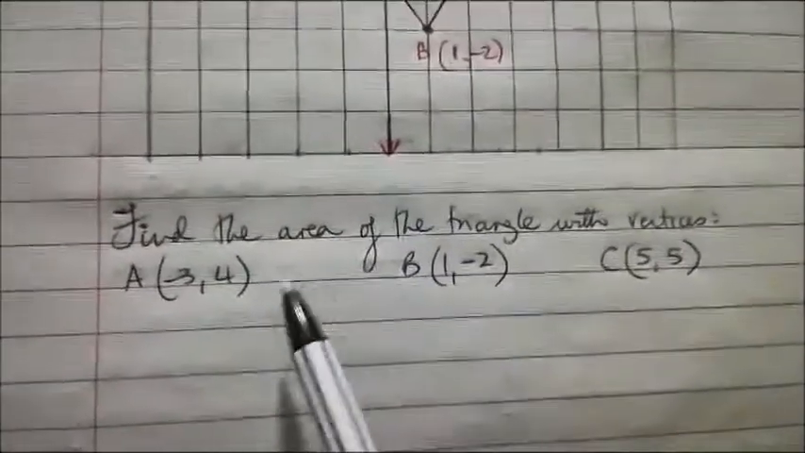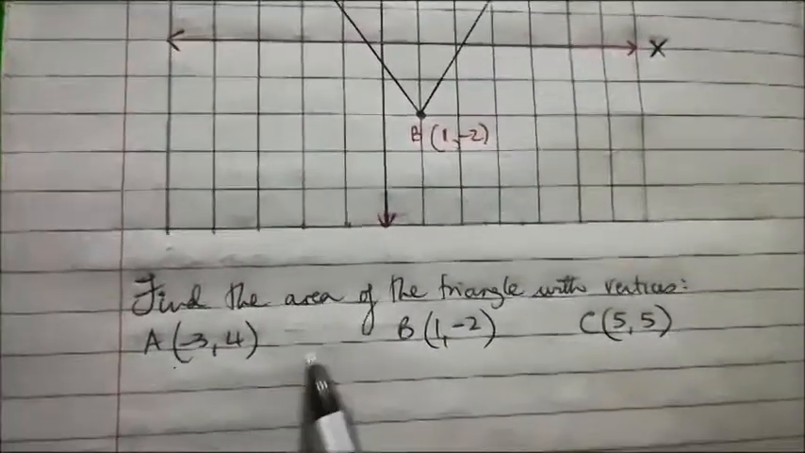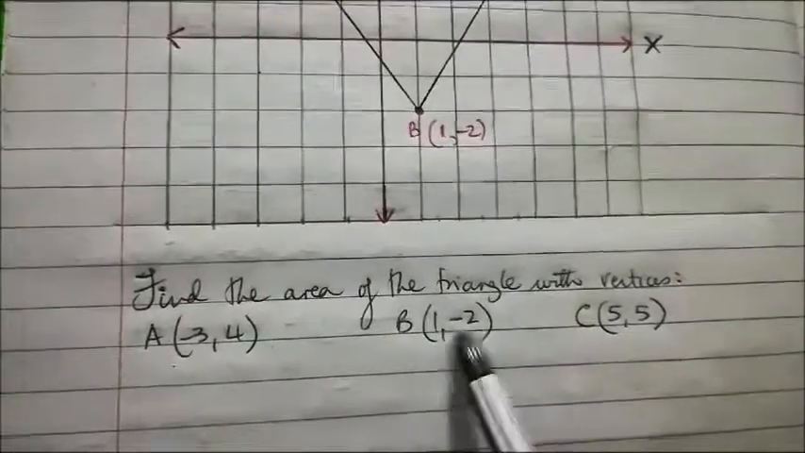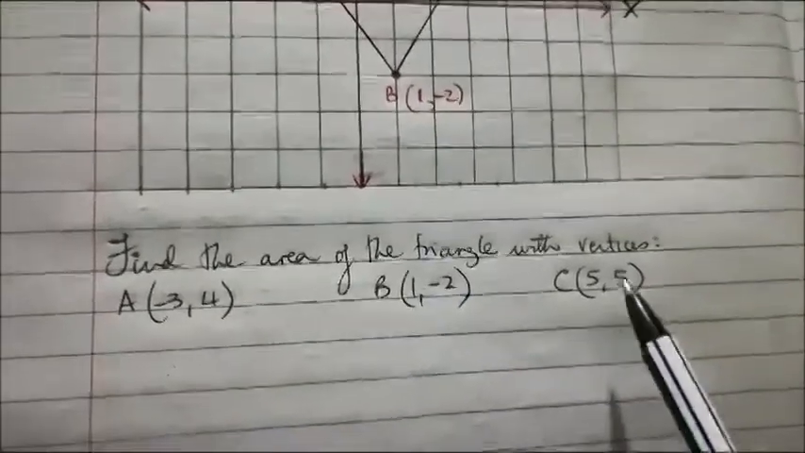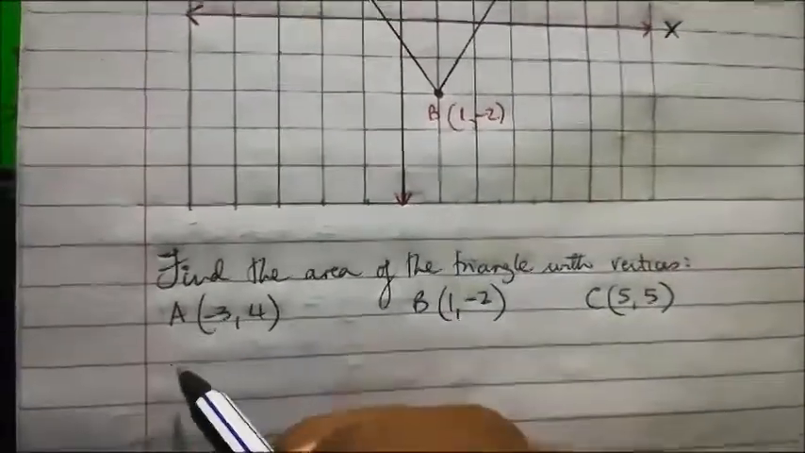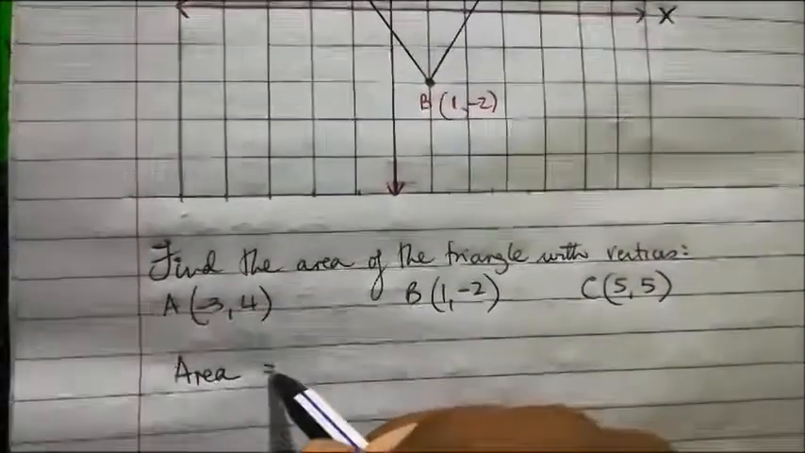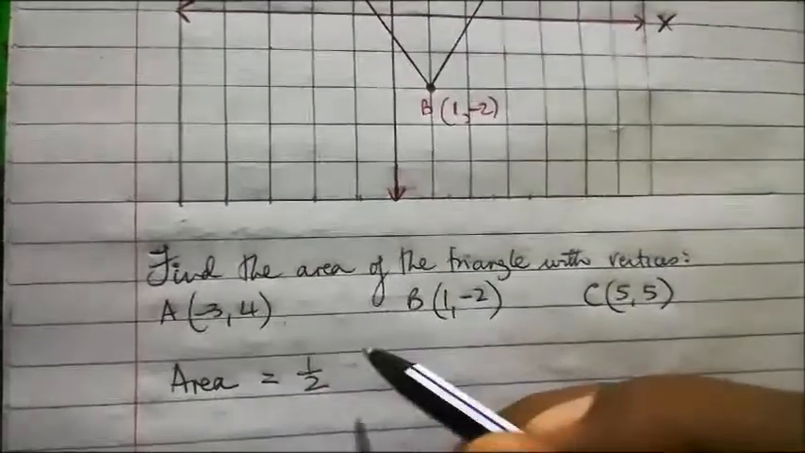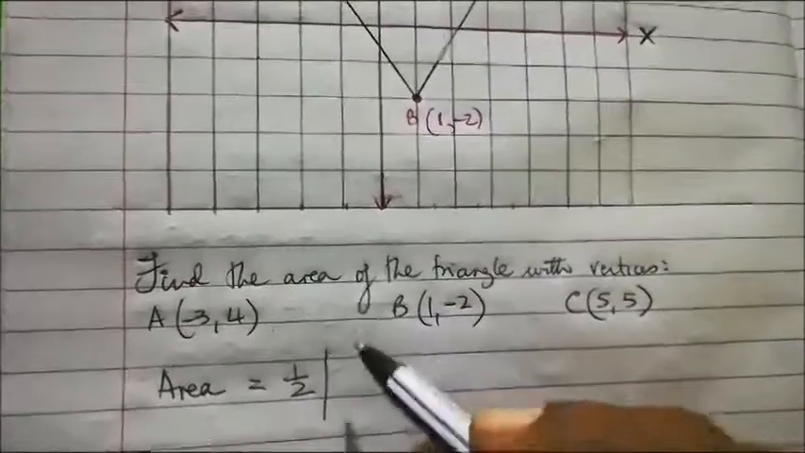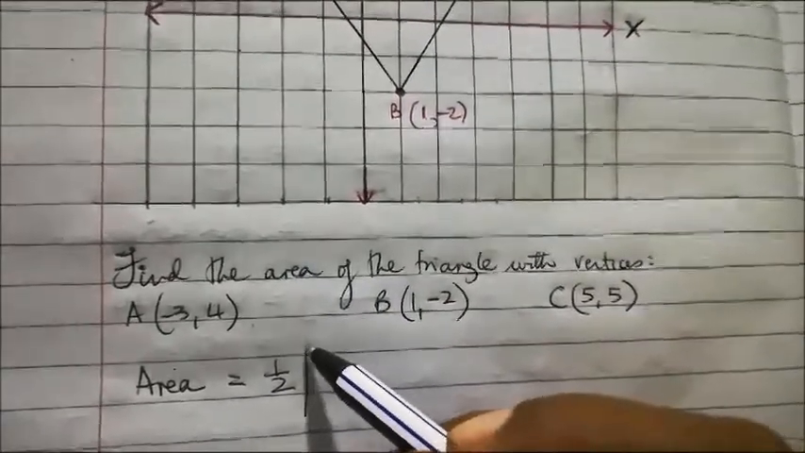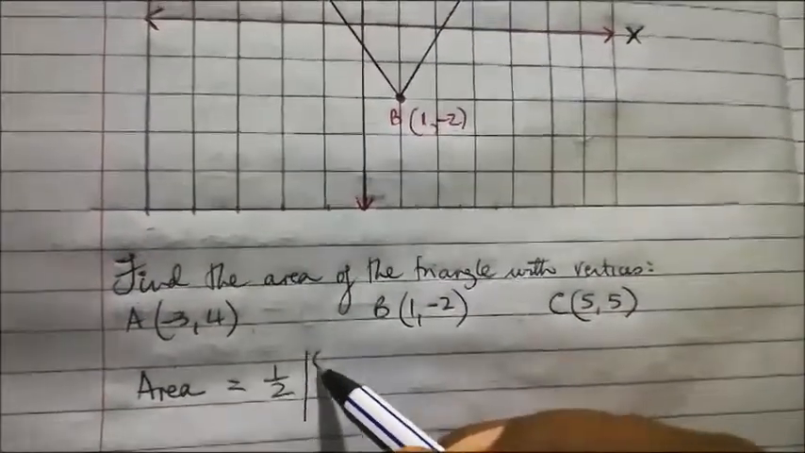So here are the points, here are the coordinates. Point A is -3, 4, point B is at 1, -2, and C is at 5, 5, right? But there's a particular formula. The area can be found using this formula. And it's really finding half the value of the determinant. Because this is placed in an absolute bracket, if you notice, we're going to be having